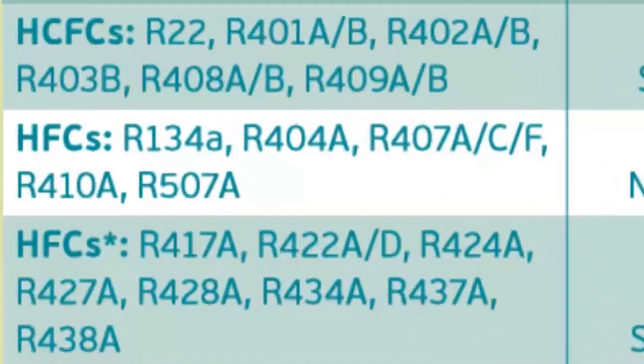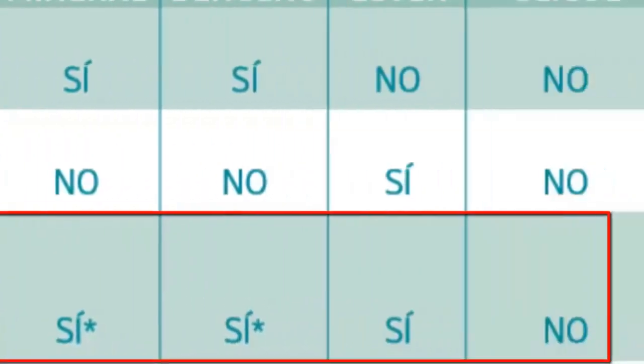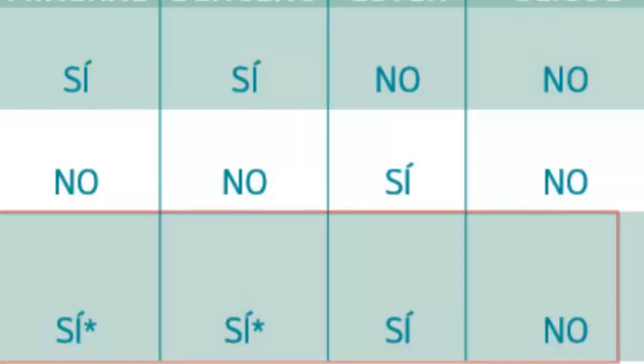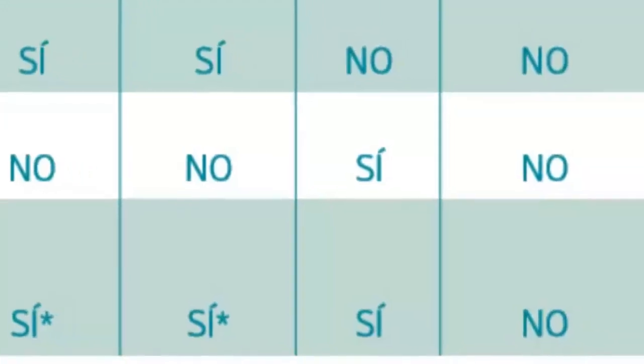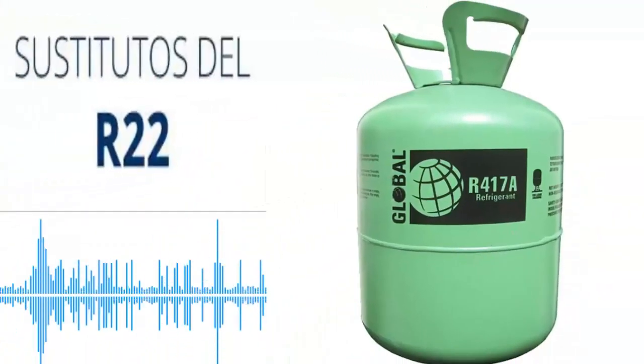It can work with mineral oil, alkyl benzene, or POE oil. This is notably important when replacing the R-22 because it does not require an oil change or a deep cleaning of the system. Simply by changing the refrigerant, we can add the R-417A, always doing it in liquid phase,